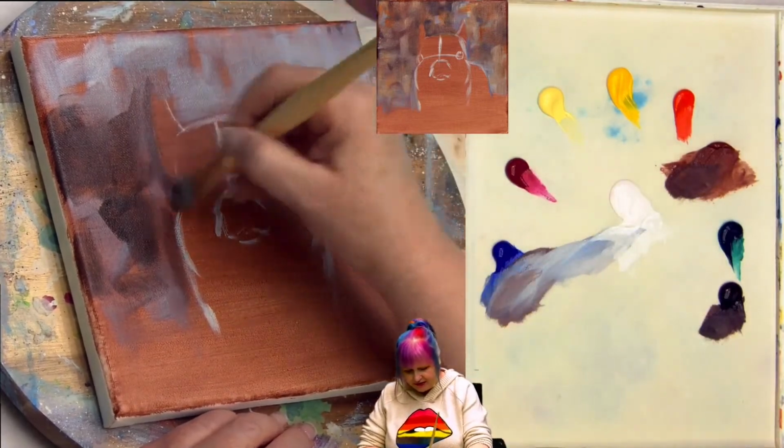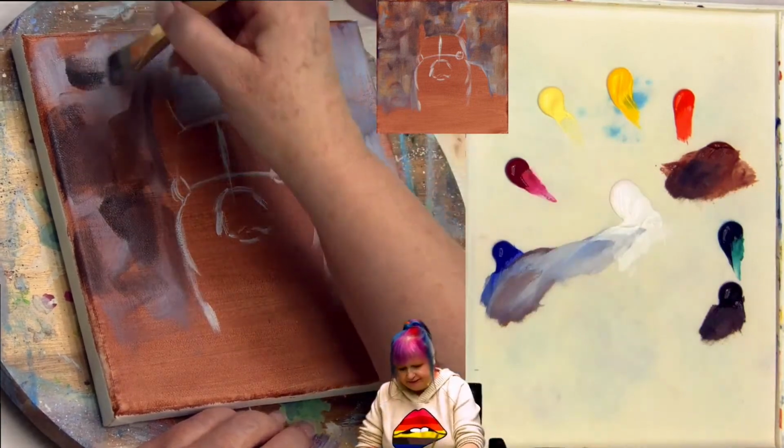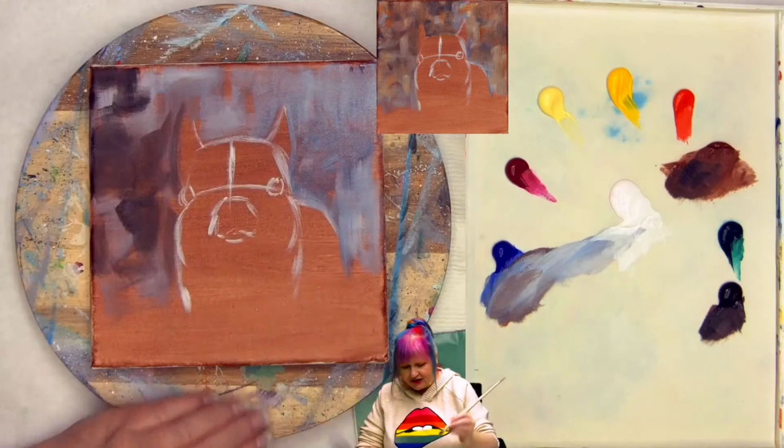Working those in. Every time I do this background, I see more. So pretty, yeah. I like these backgrounds. I do too. They're just